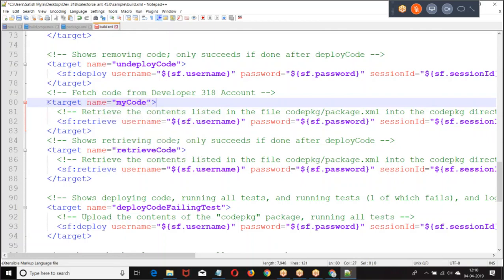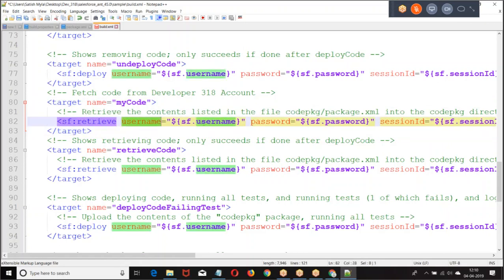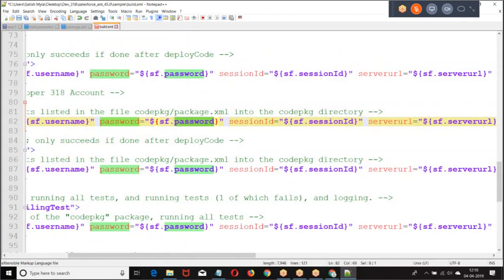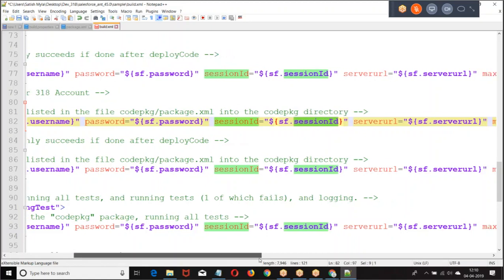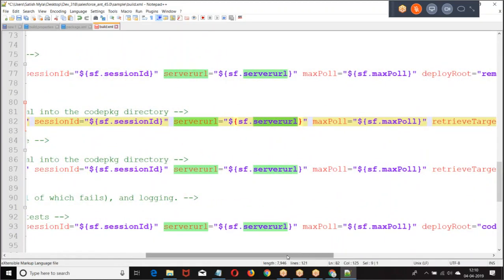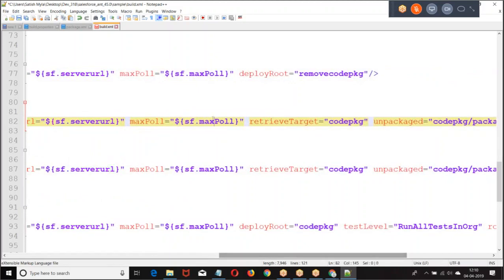Then each operation is what? One target. So what we are doing? Username, sf.username, which is given in properties. Password, which is given in properties. Session ID, with this username and password we get the session ID. Server URL, which is given in properties. Max poll, which is given in properties. Are you getting my point? So all these are fixed.